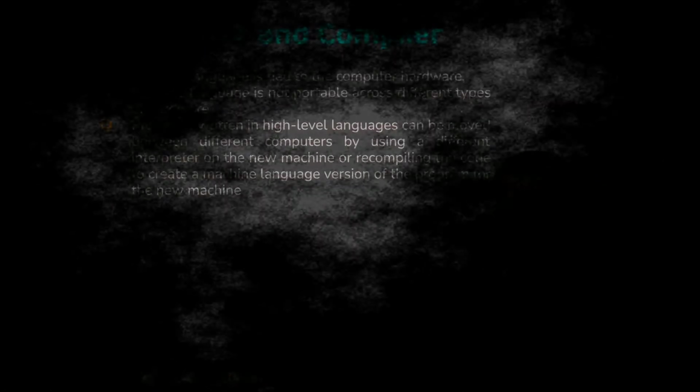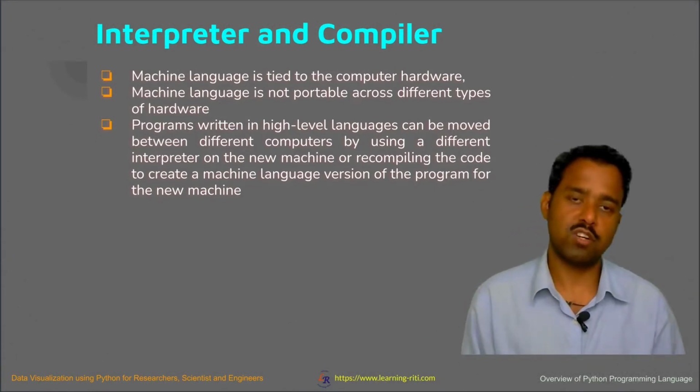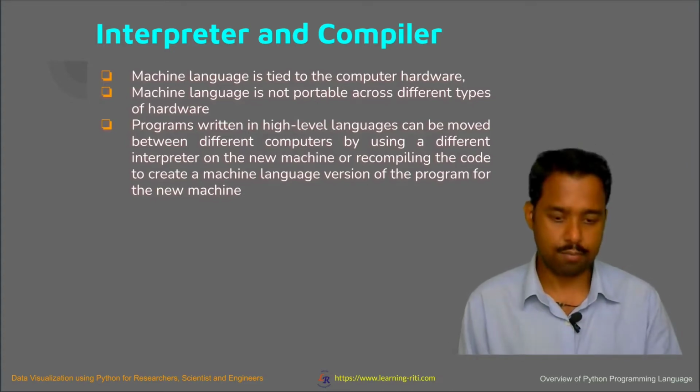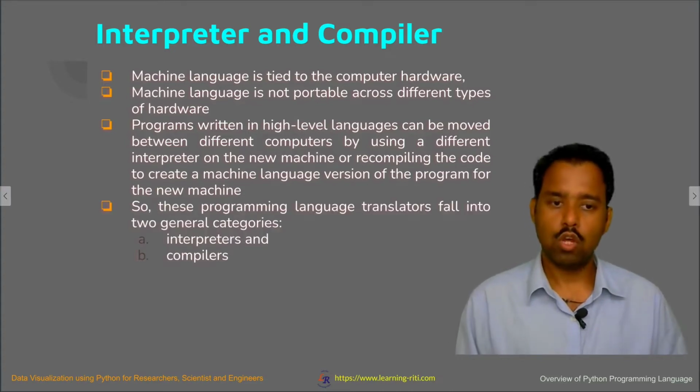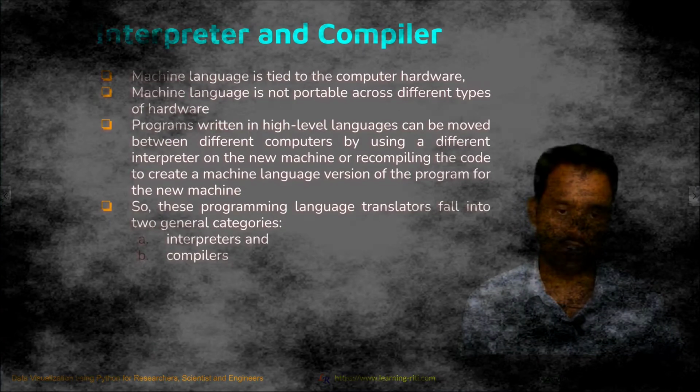With the help of interpreter and compiler, you now have the flexibility to use different types of machines and different hardware, and then they can be accordingly converted to their machine language with the help of interpreters and compilers. So in summary, we have two programming language translators, and the two categories that we discussed is the